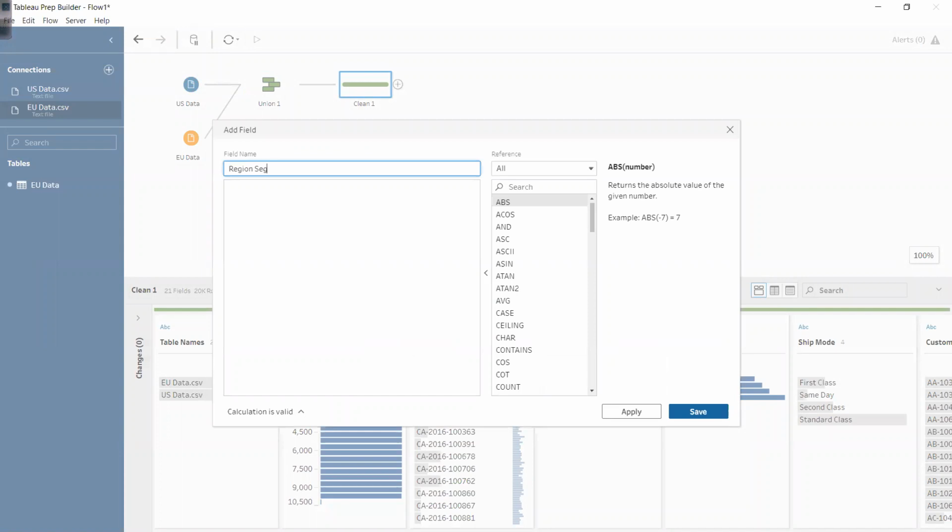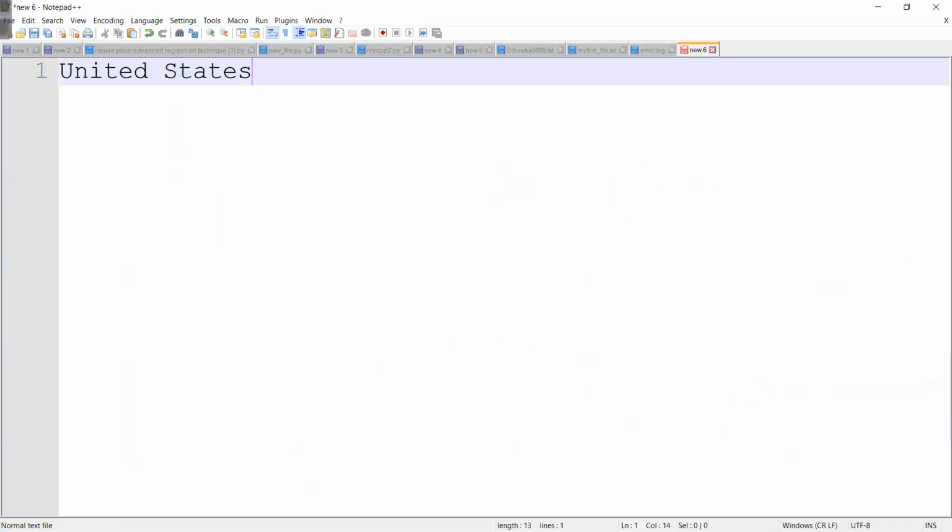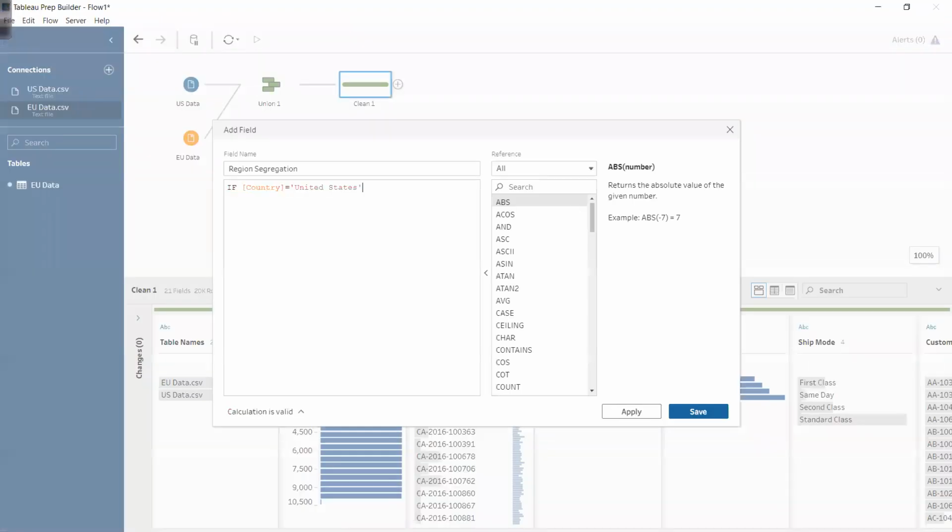Region segregation. If country is equal to, I'll take this, United States, then region plus US, else region plus EU.